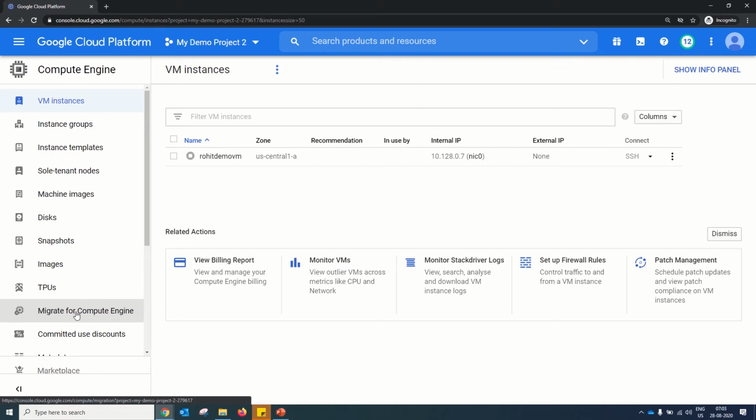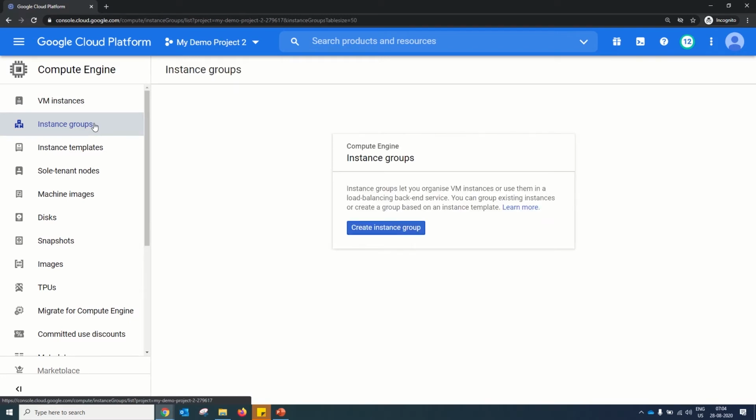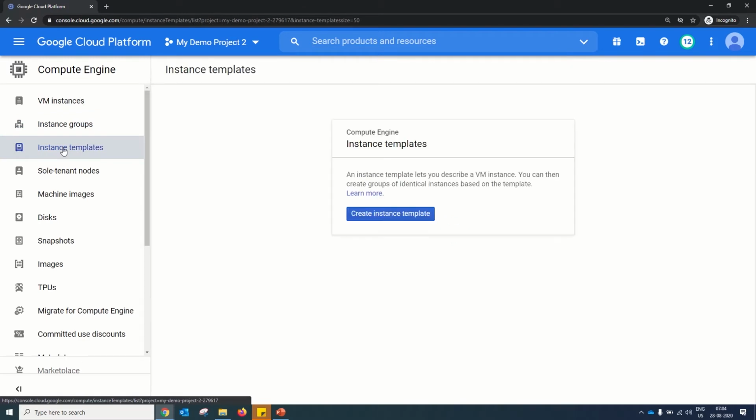You can see the first option is VM instances, where you will find all your VM instances created under your GCP Cloud account. You can change the projects from here, and it will show the respective VMs of that project in this list. Next is instance group. You can create a group of instances for a specific purpose, and that set of instances will be a part of that particular group. You can create the group from here. Instance template. You can create a template of an instance, so that as and when you create an instance, you can apply that template for the basic configuration that you want.